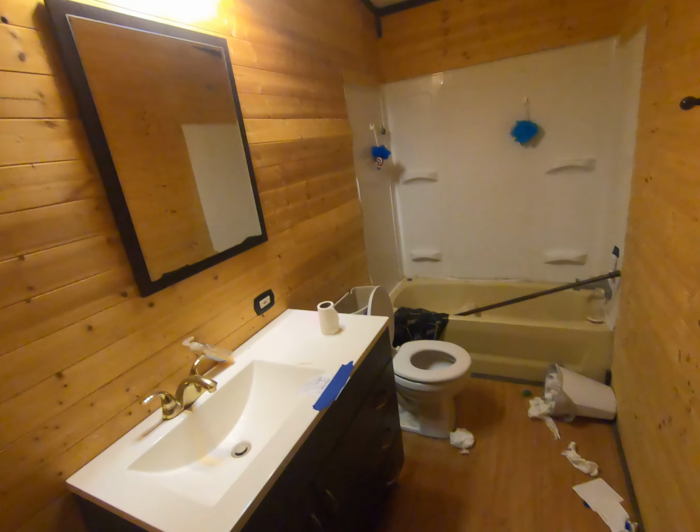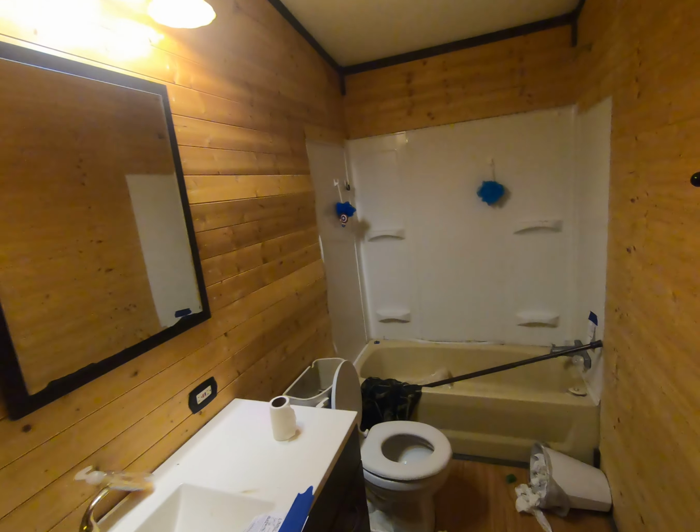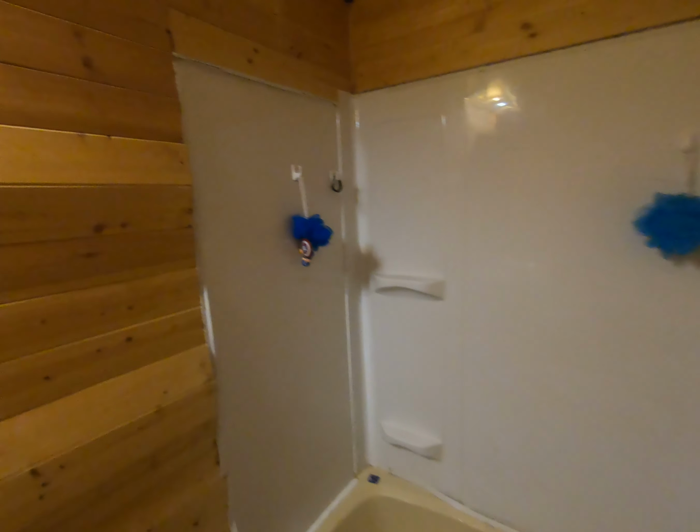Yeah, there's a lot of nice surprises and a lot of yucky surprises in this house, but by and large, I think this is going to be the first bathroom I get functional. Although the wall in here is really poorly done. You can see how it's rippling out because they never actually put this together properly, number one. And number two,